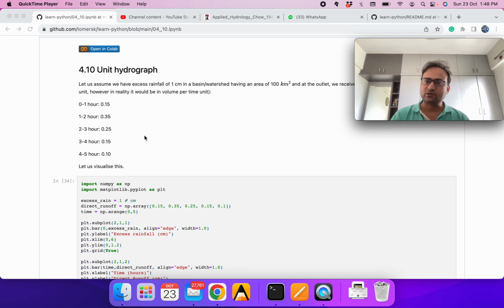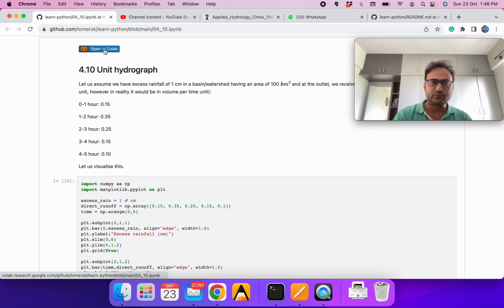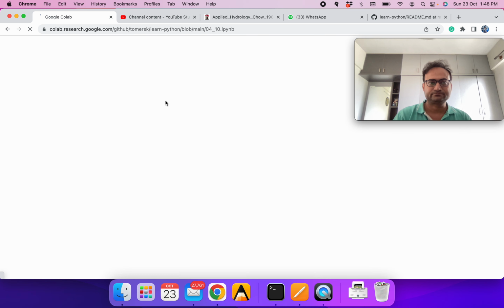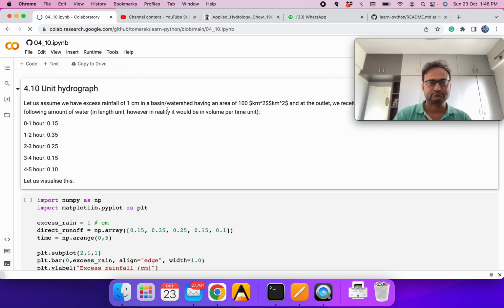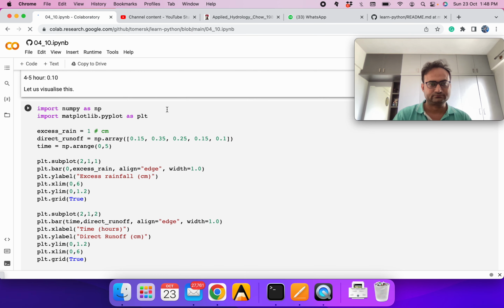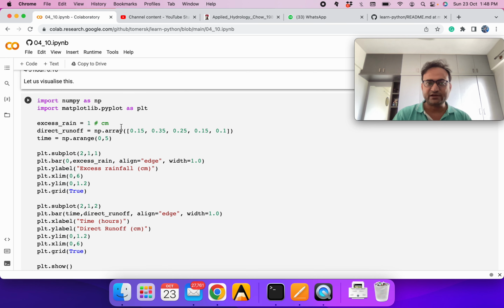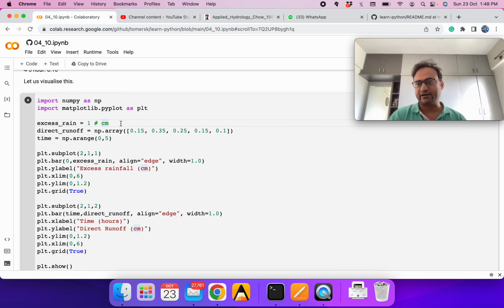When we talk about runoff routing, typically we talk in terms of a volume of water per some unit of time. We'll go into that later. For the time being, let's stick to the unit of length, how many centimeters, meters or mm. Let's open it in Colab. So we are defining the excess rainfall we are talking about.